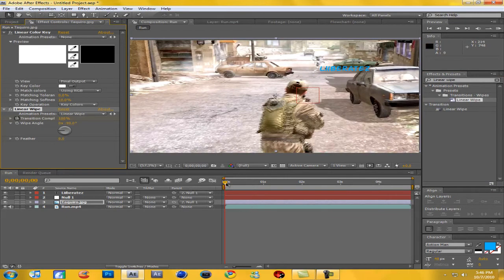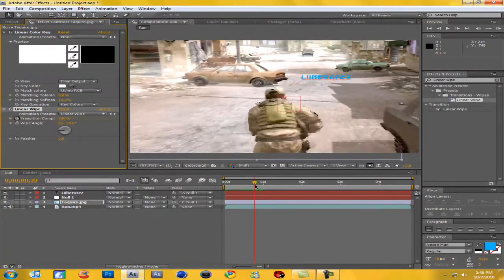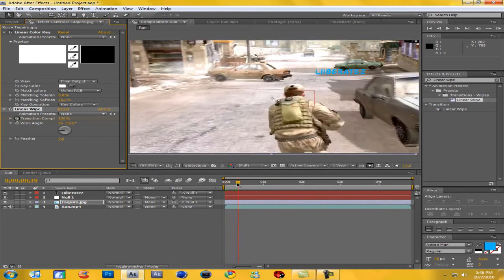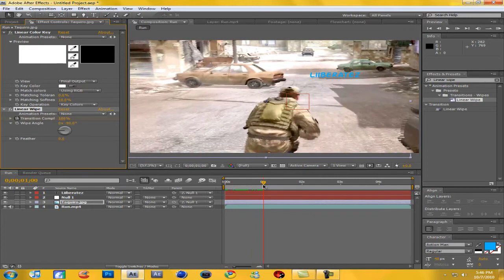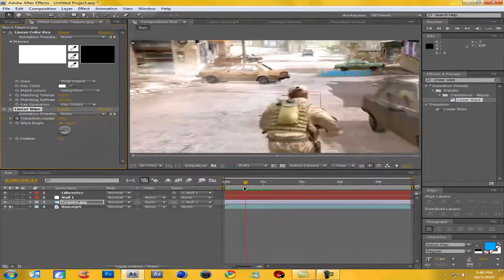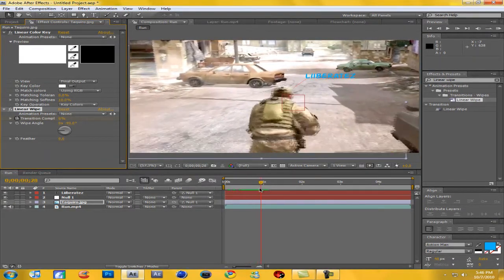And now you can see it kind of branches in like that, but it doesn't look as good as it should. So we're going to make sure transition completion is keyframed by clicking the stopwatch, which it should already be keyframed. And you're going to make this 100, and then go out like 1 second and change it down to 0. So now what you get is it branches out and it looks pretty cool, but the text is still kind